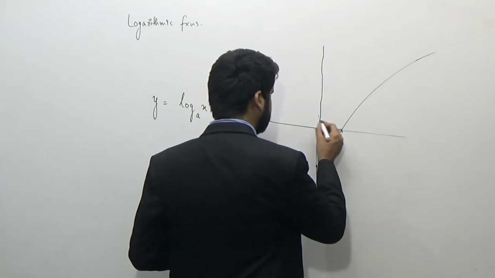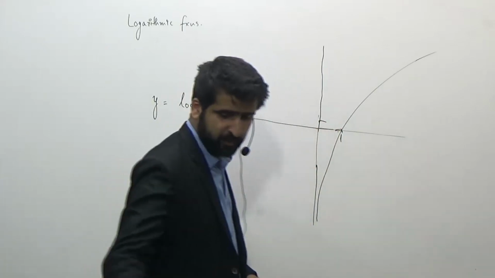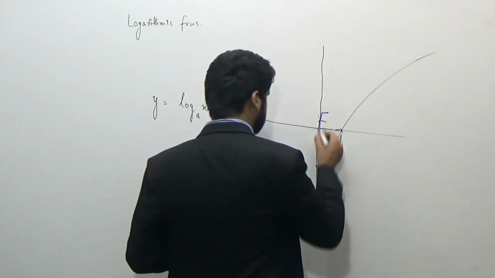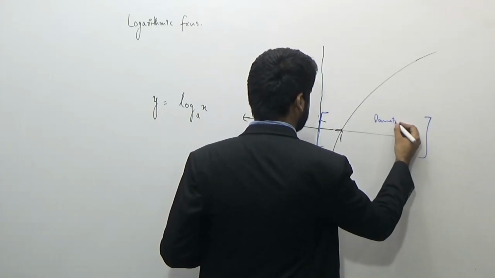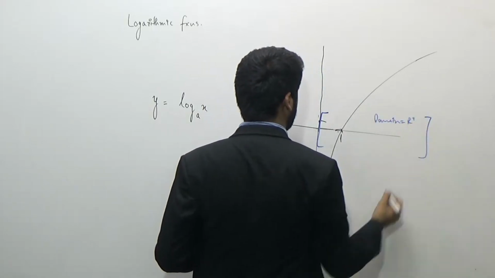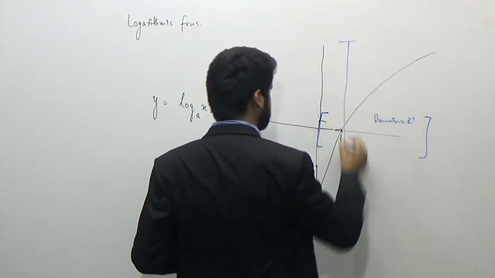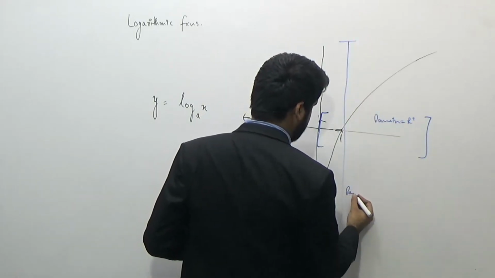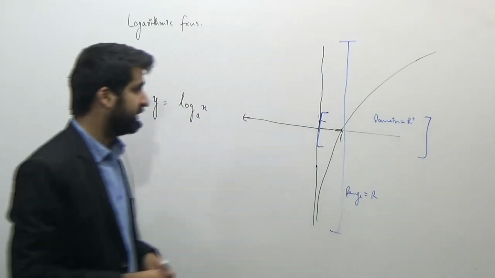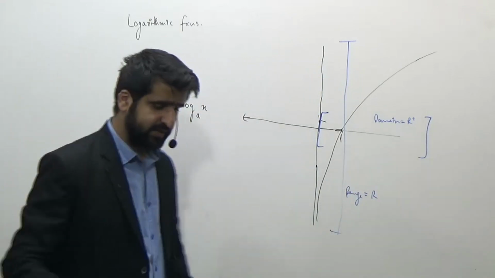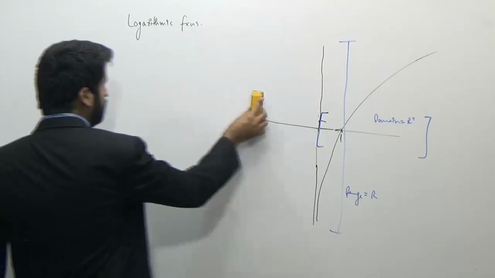So on the x-axis, this part, I'll use the blue pen, this part will be the domain, which is R positive, and the range will be this part. So the range here will be all real numbers. So the domain and the range can also be found in the case of logarithmic function. So guys,